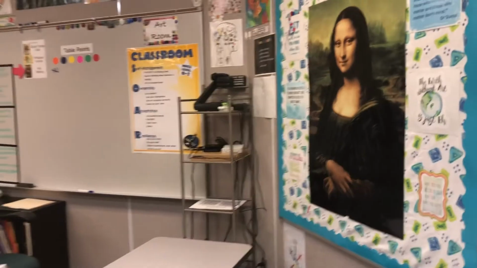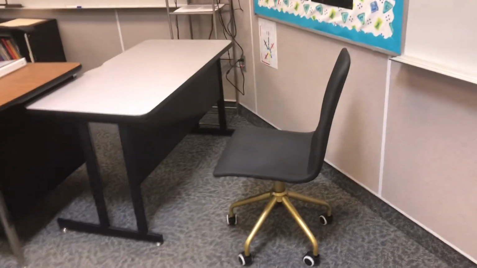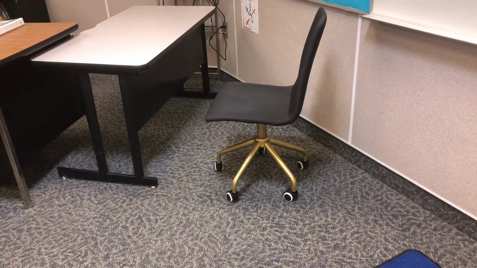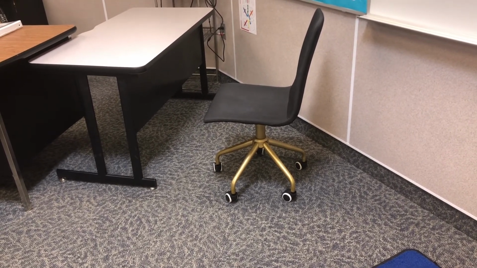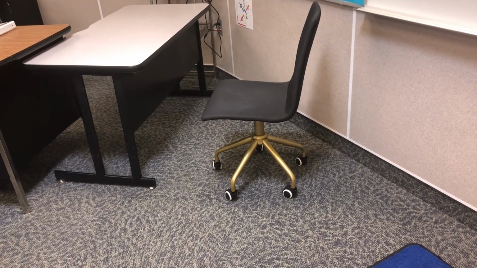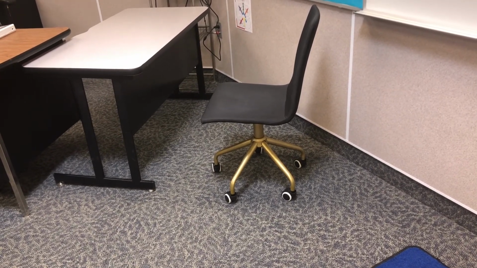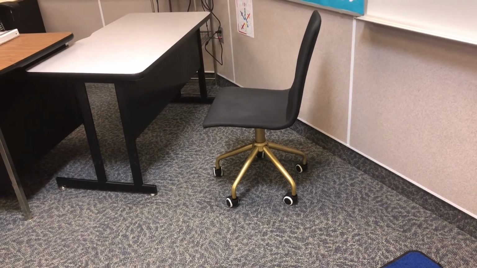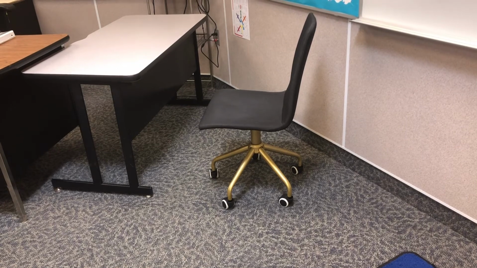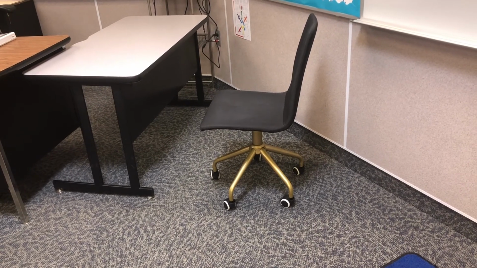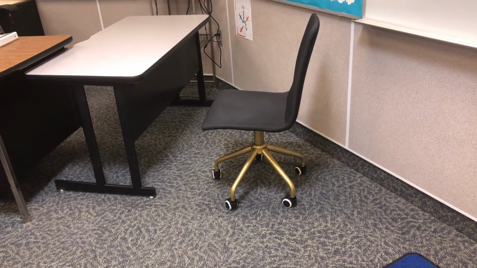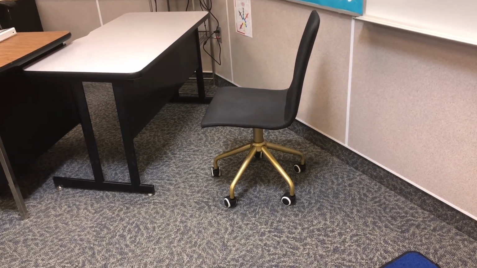One more thing I have that's different this year is I have this chair. Do you guys notice that the bottom of this chair is gold? Well, I got this chair this summer, and I thought it'd be awesome to use in the classroom, and I'm going to call this my golden chair because of the gold bottom. So if you are a golden child, that means when you walk into this classroom, you walk in with respect, and you keep quiet, you go straight to your seat, you listen to instructions without talking or disrupting the class at all.